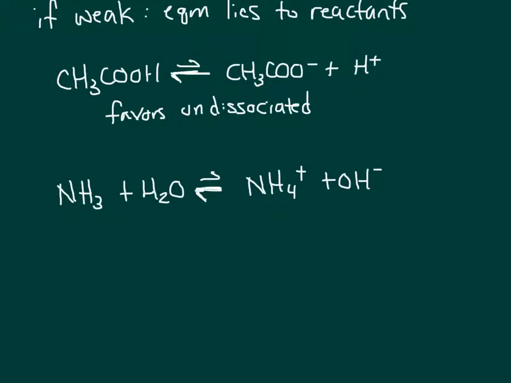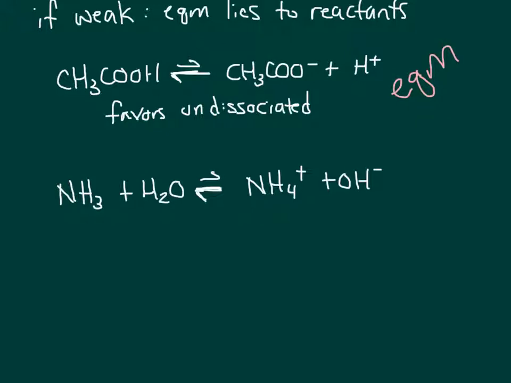What if it's a weak acid or base then? So if it's a weak acid or base, the equilibrium lies to the reactant's side. So the reactants are being favored. Here we have CH3COOH, acetic acid, or ethanoic acid, depending on what you want to call it. The arrow is favoring the undissociated, so these reactions, we say, stay at equilibrium,